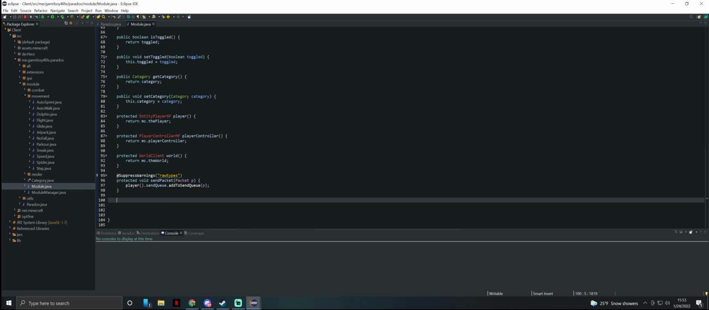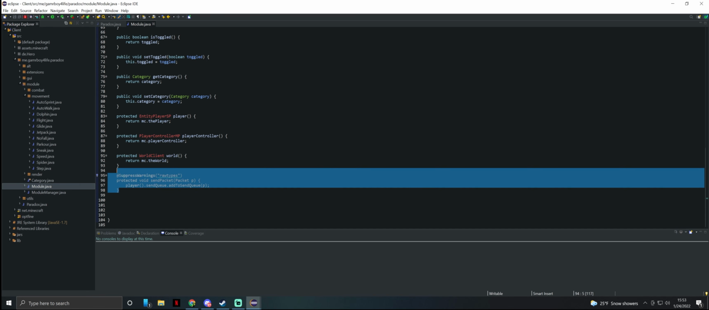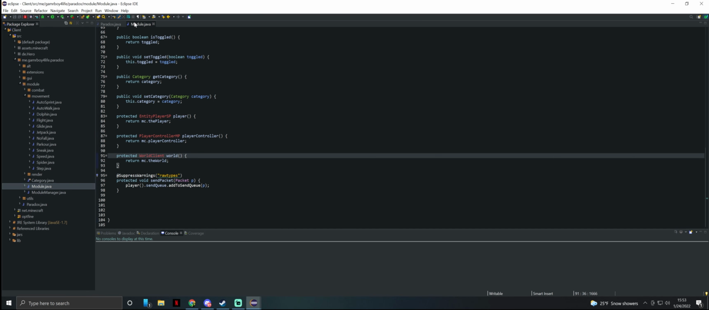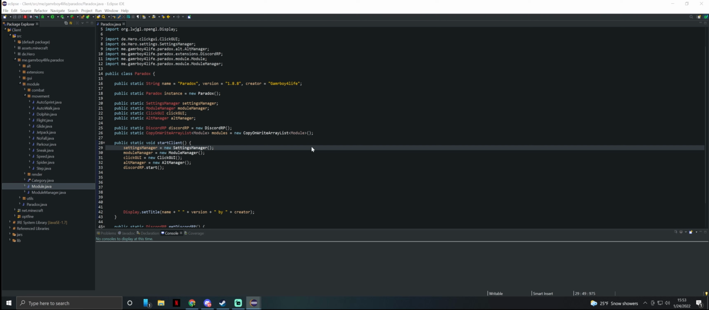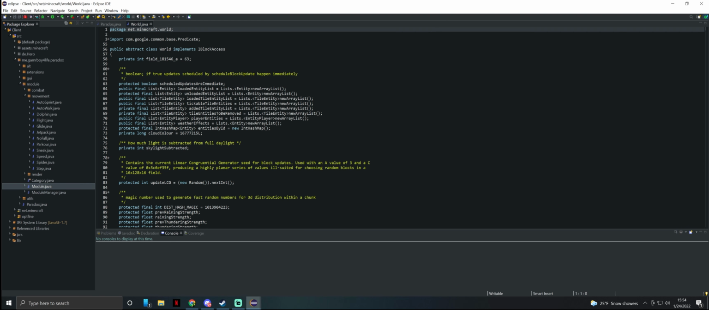Alrighty, now this is already here because I made the class before to make sure it actually works with the way we have this client set up, and it does work. So now that we have this, we can just change one more thing. We can open up world.java. We're gonna press Control F to find it. We're gonna look for